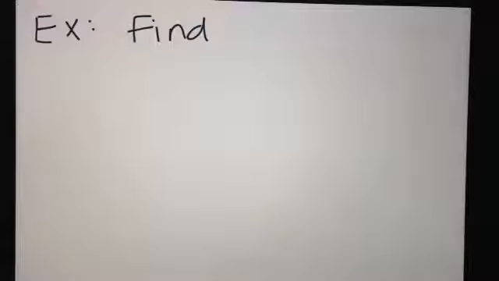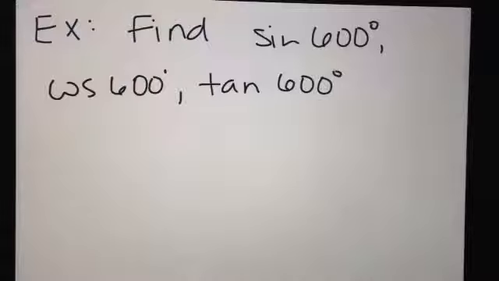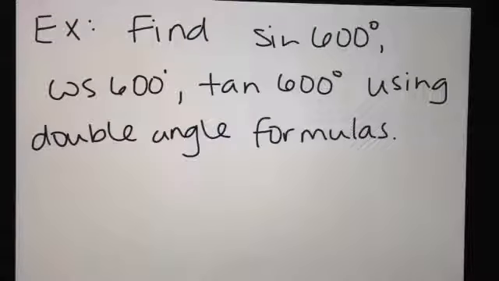So first, here's our example: we're going to find sine 600 degrees, cos 600 degrees, and tan 600 degrees using the double angle formulas. Okay, so first with sine 600,